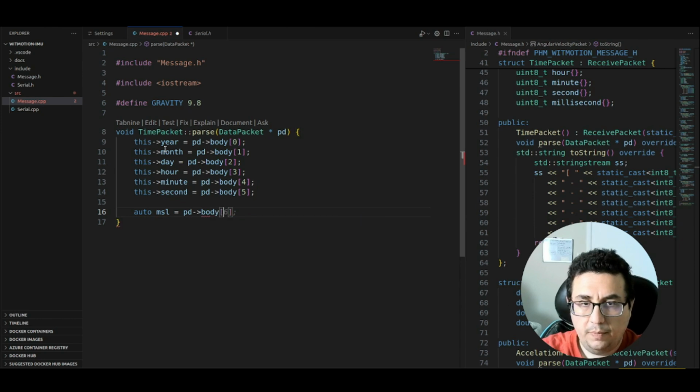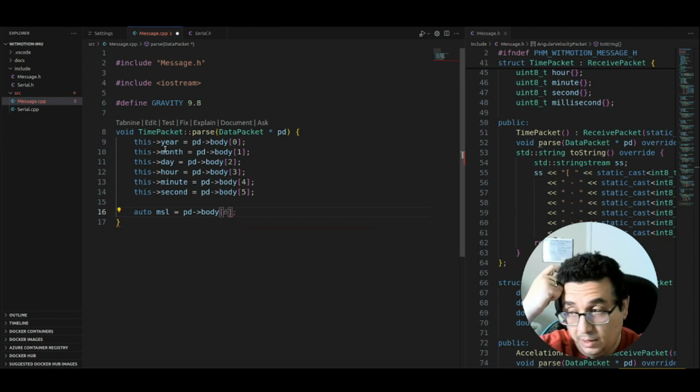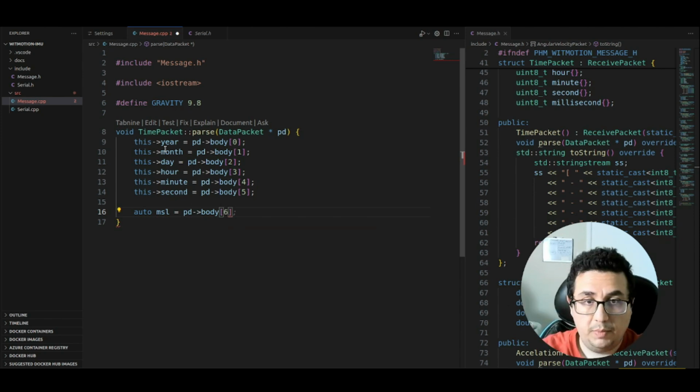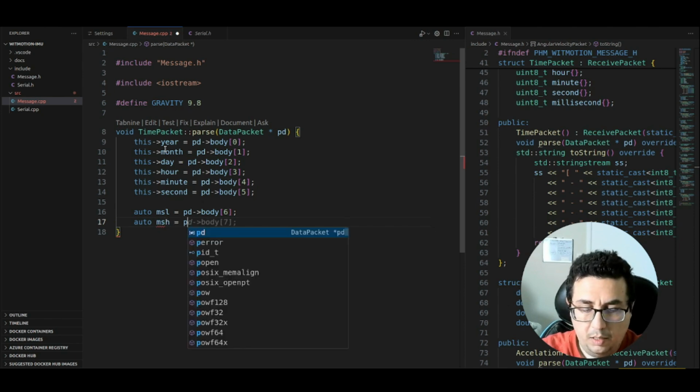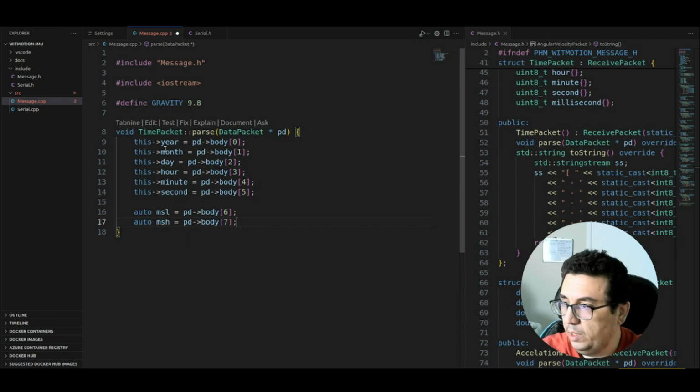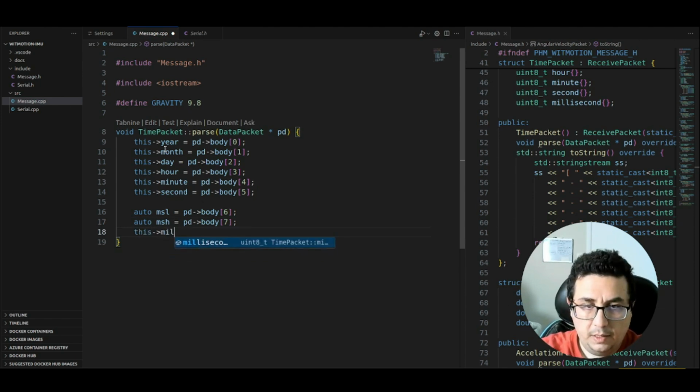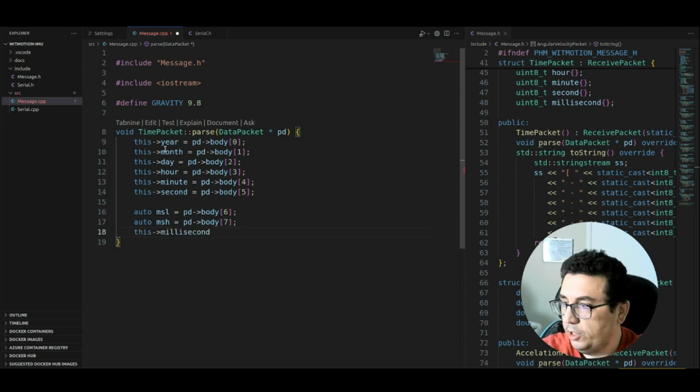For this part, the lower part is the earliest index, so it will be 6, and the bigger part would be, yeah, perfect, and it would be a simple shift and